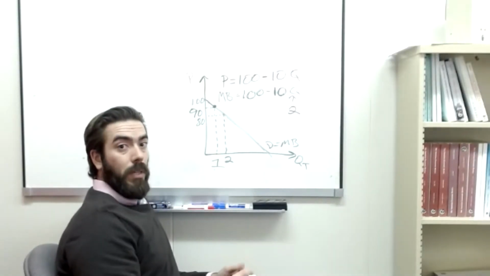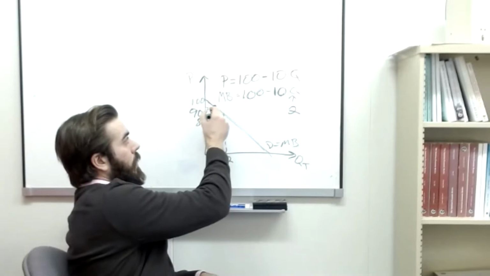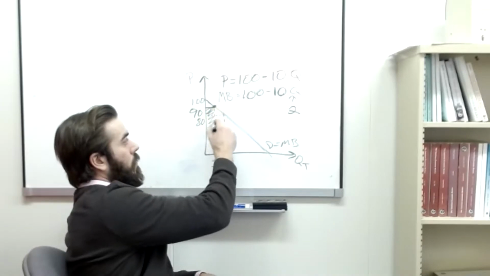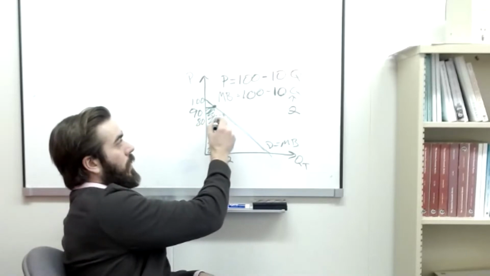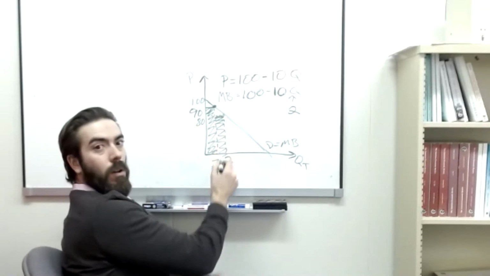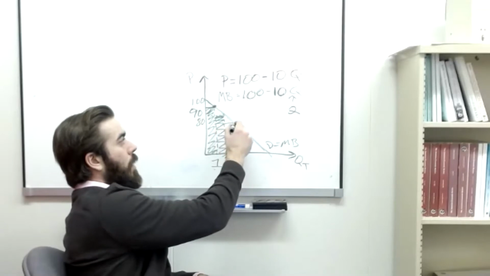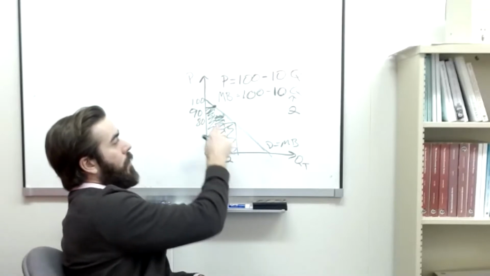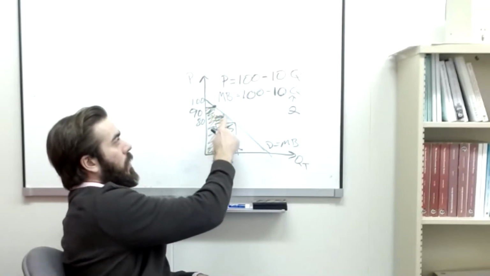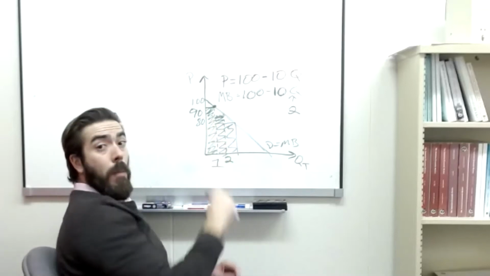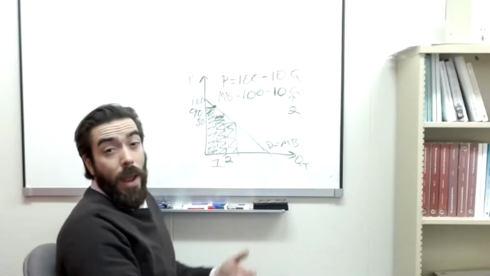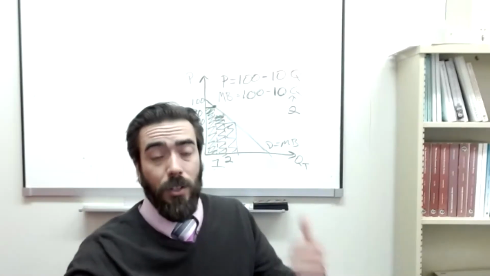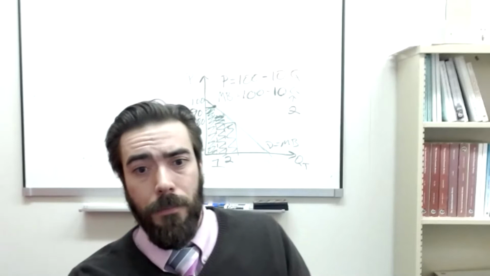Where is producer surplus now? Well, it's the price I charge for that first ticket all the way down to that marginal cost of 0. Then the price I charge for that second ticket all the way down to the marginal cost of 0. And we kind of keep doing that, right? And you're noticing we're losing out, like a little bit of this is still consumer surplus, but for the most part, we're turning all of surplus into producer surplus. Not quite as perfect as perfect price discrimination, but getting pretty close, okay?